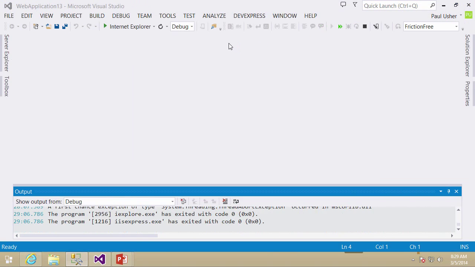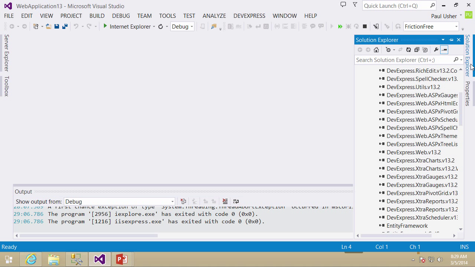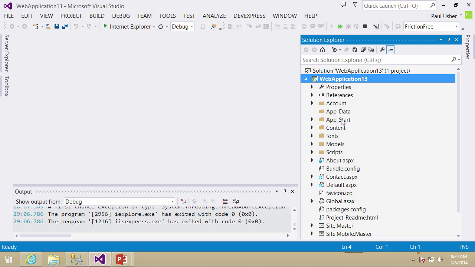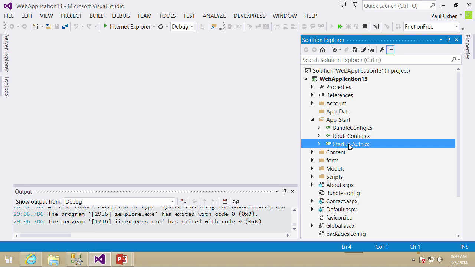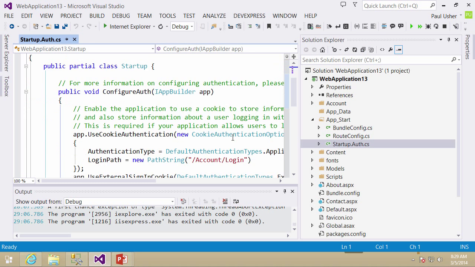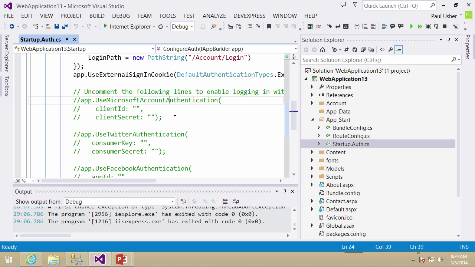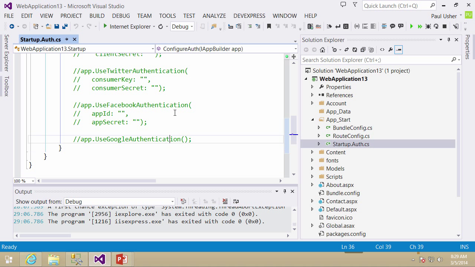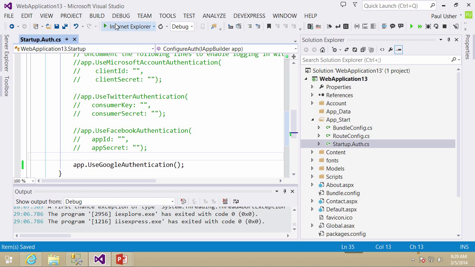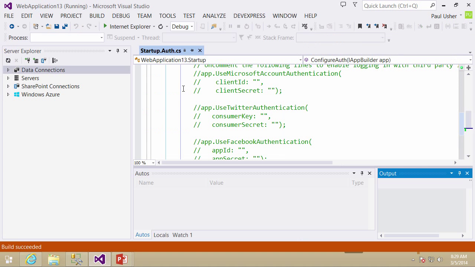Now let's implement the third-party handler. We'll do that by coming to the App_Start folder, bringing up Startup.Auth, and this is where we can see the commented out third-party providers. For speed, we're going to use the Google authentication because it doesn't require me to plug in any additional keys or secrets. If I compile and run that now, what we're going to see on the login page